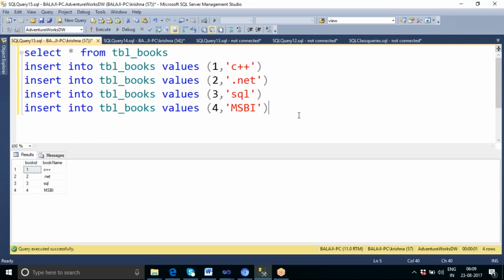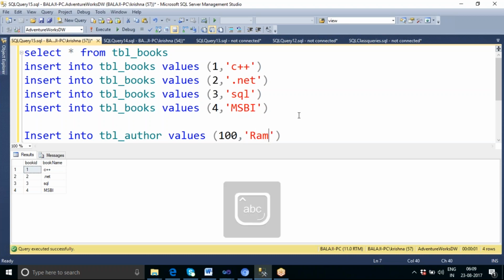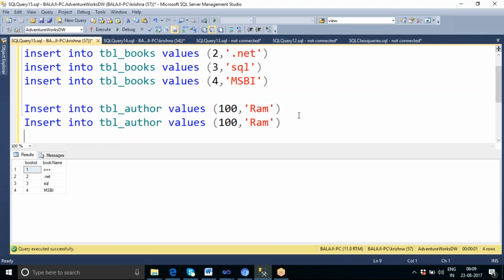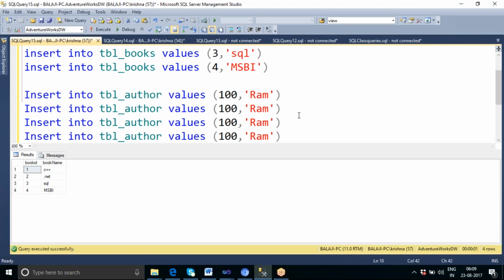Now let me go for insert into table authors values. So we have the author table also. Let me have author ID 100. Let me go for his name, let's say something like... Okay.